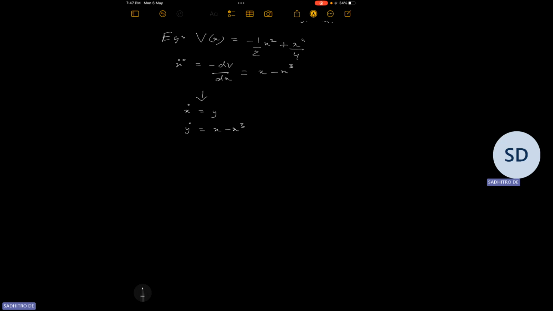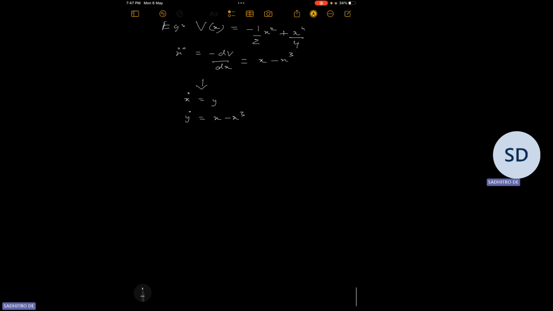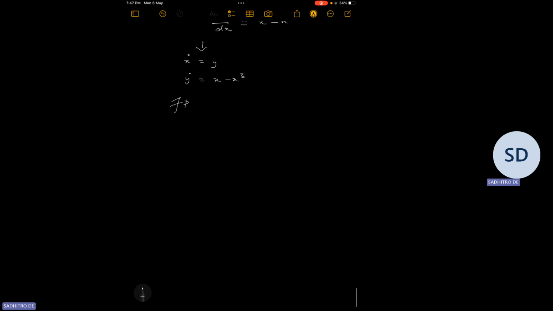So we have studied a similar system previously. So the fixed points of the system are basically given by (0, 0), (1, 0), and (minus 1, 0). And to classify the fixed points, we